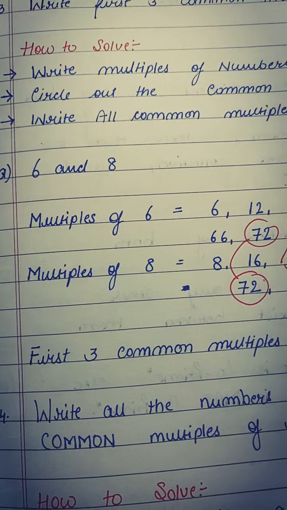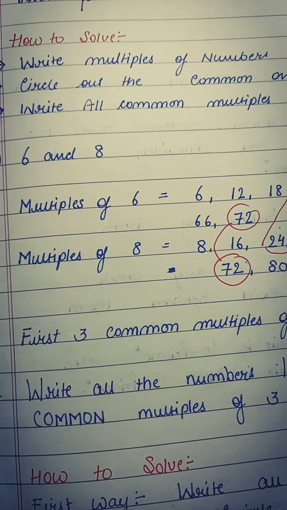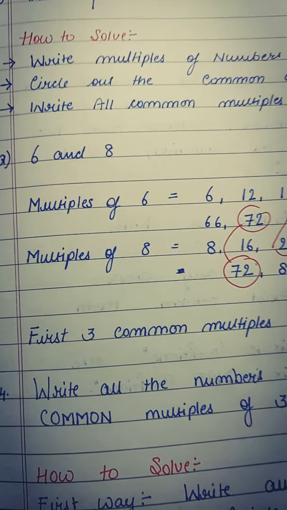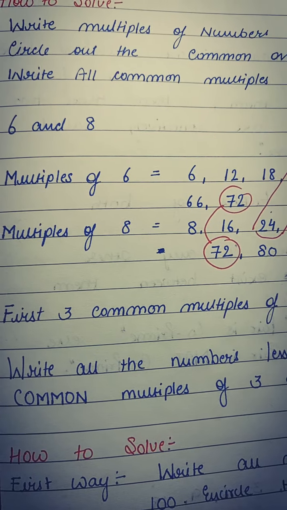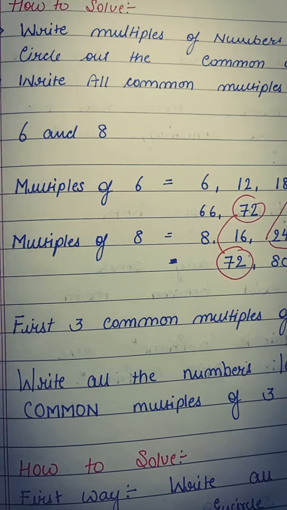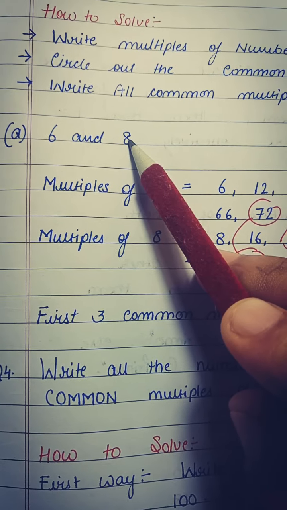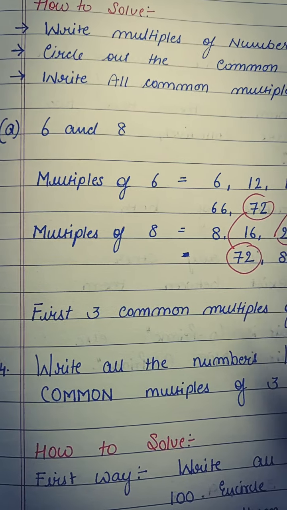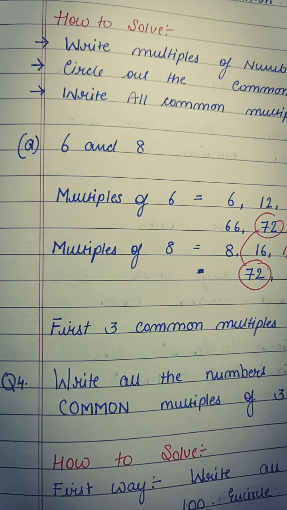Till where? The multiples should be written till 10th, like 3 tens are 30, 4 tens are 40, 5 tens are 50. That means the table has to be written till 10 at least. Most probably you will obtain your common multiples when you write the tables of both numbers till 10. If you won't get the common multiples, like in the case of 6 and 8, the common multiples cannot be obtained till 6 tens are 60. So I have to continue the table further, like 6 elevens are 66, 6 twelves are 72, likewise.